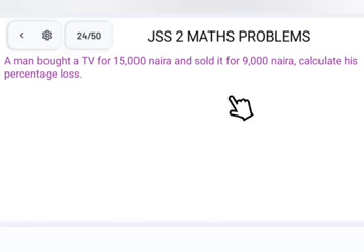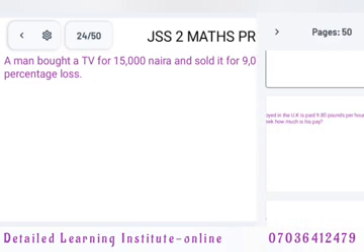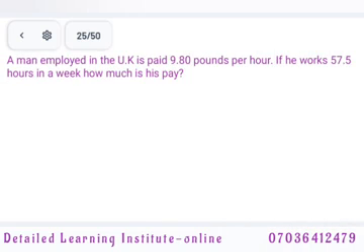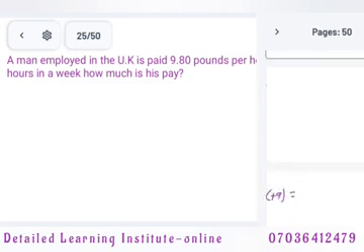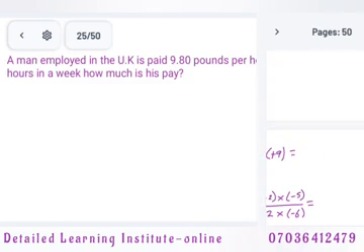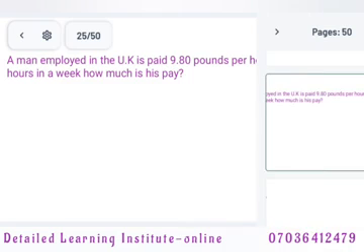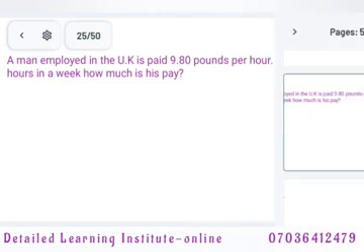We are going to be solving some problems from JSS to Maths series. After solving these problems, you should be able to solve any other similar question, any question that looks like these ones. We are going to be going through about four different questions. At the end of the day, you should be able to solve any question that looks like this. Okay, so let's start from